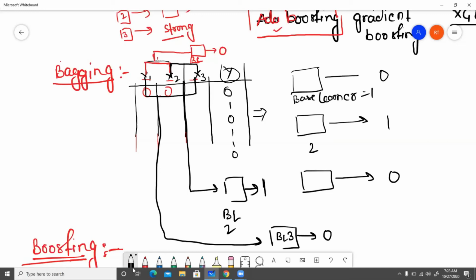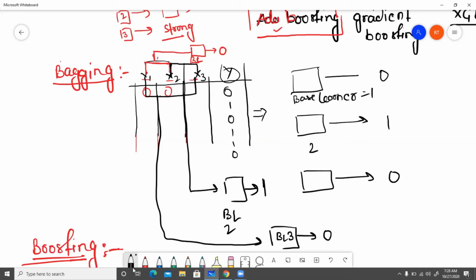So now two base learners are going to predict 0, and one base learner is going to predict 1. So what is the priority here? The priority is saying that the predicted output should be 1. Based on my base learner outputs, I am going to take a majority vote. I am taking the vote from the base learners, and whatever the majority output is will be my final output. So this is known as bagging. All base learners are independent of each other. There is no relationship between the base learners, right? So that's why it is known as the bagging technique.